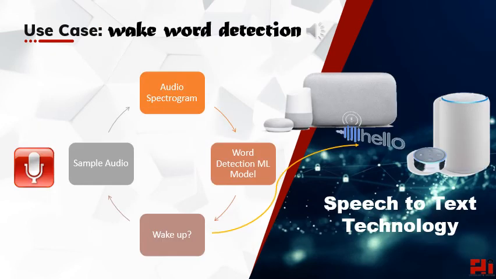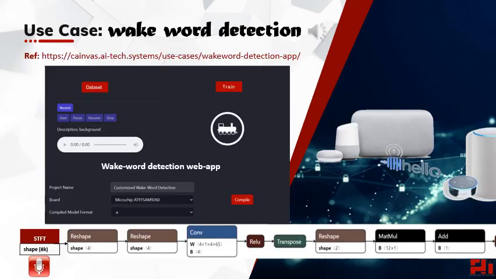Another use case is wake word detection. Wake word detection is a task of recognizing an utterance for activating a speech assistant such as Hey Alexa for Amazon Echo. A web app for wake word detection lets you record your own voice to create dataset for the wake word detection. It lets you train and test the application before giving you a compiled binary that can be flashed in MCU of your choice. And with that, you have a smart device that responds to your command.